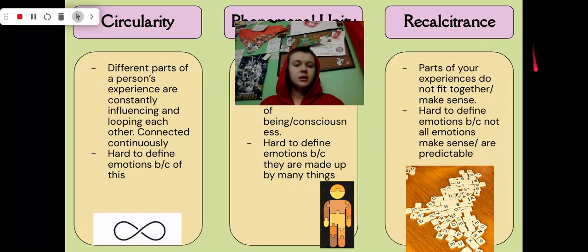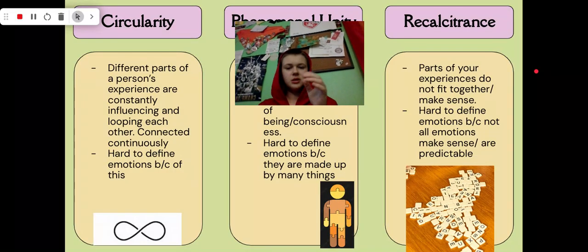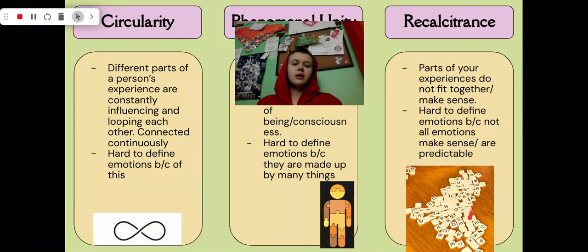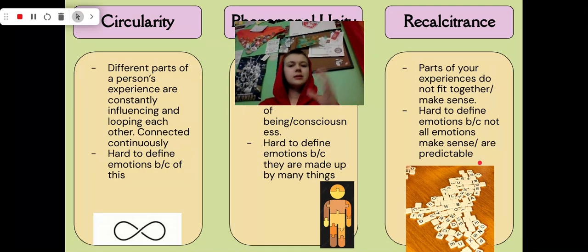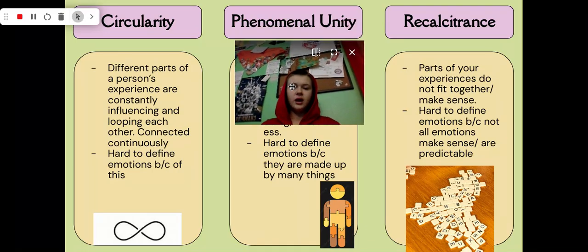For recalcitrance, it's all your experiences not fitting together. They clash with each other. They don't fit together like this guy here. The puzzle pieces, they do not align. It's like the scramble down here where all the letters are just jumbled up. They don't make sense. It's just random words. They don't have any sort of pattern. And because of this, it's hard to define emotions because not all emotions make sense. They're not purposeful. They aren't predictable. They just come randomly and sporadically. And it makes it difficult to define what an emotion is